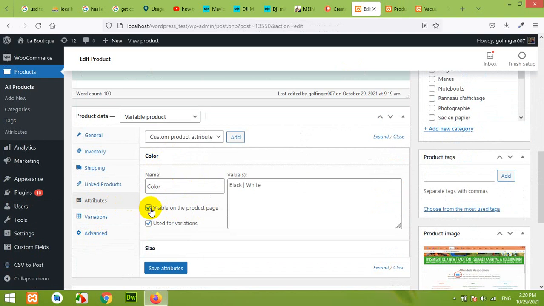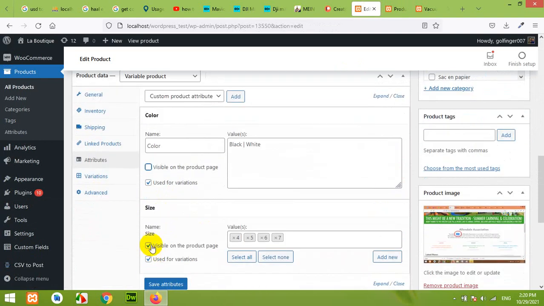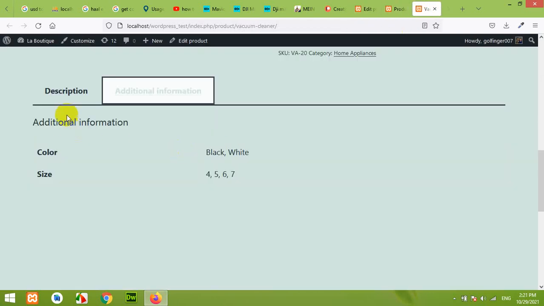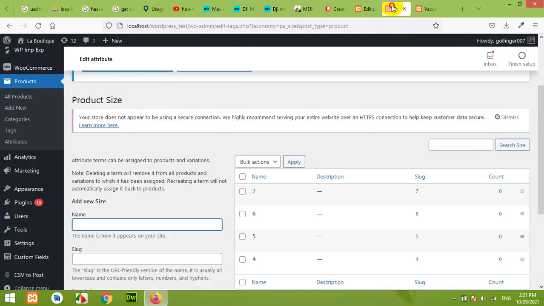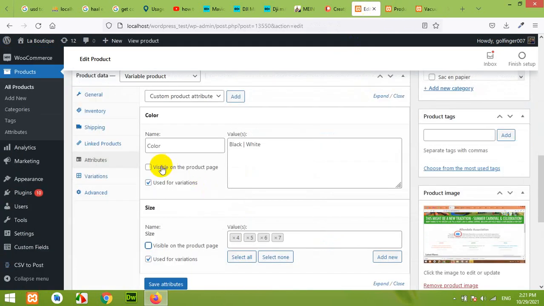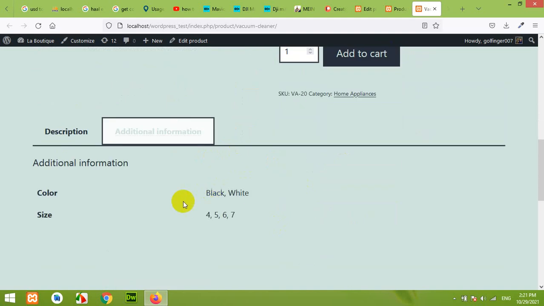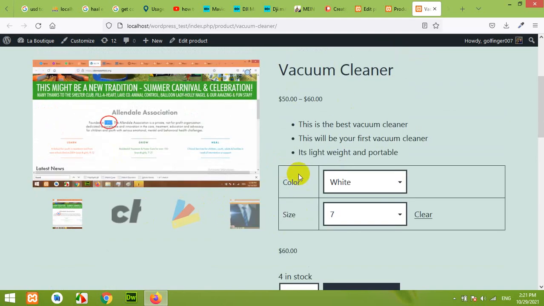If you deselect this and this, then save attributes, then you will not be able to see this in additional information. Only the variations will be shown, but we chose both of them, so both of these options are showing here and here. So this is the variable product and how the attributes work.